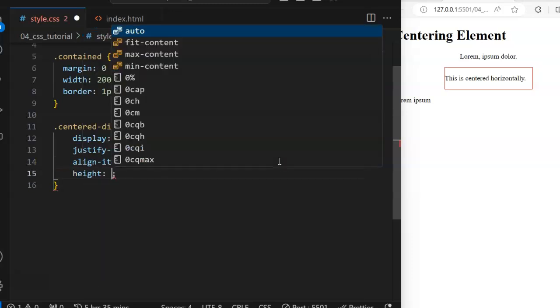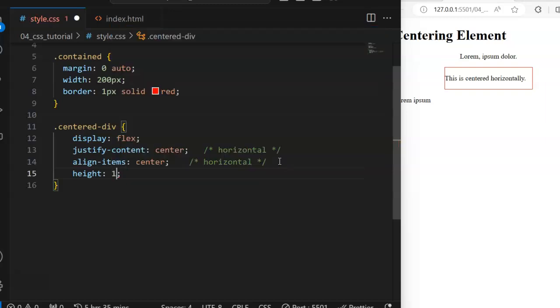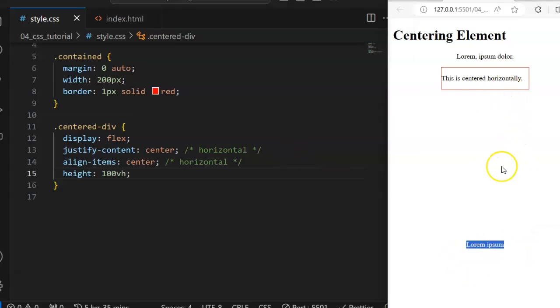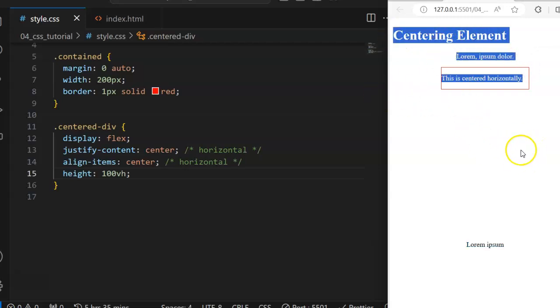If you don't have any height, then what are you trying to place to the center? So you should set the height of this element. Maybe the height of the element is 100 VH, just to apply it. So you can see now that vertically and horizontally it's at the center. Why? Because we have some element at the top here, and we say that the height should be 100 VH. So that's why it needs to extend